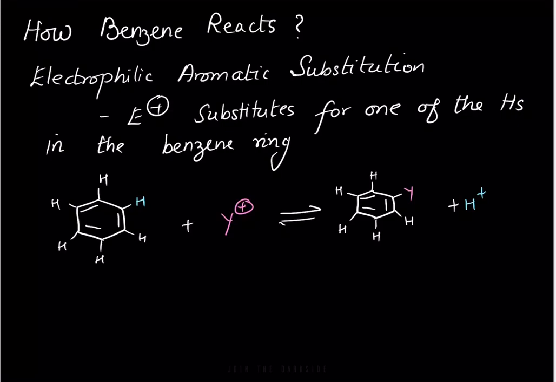Okay, now reactivity of benzene. How does the benzene react? Benzene can undergo electrophilic aromatic substitution. Electrophile is going to substitute for one of the hydrogens that is present in the ring. So this is your benzene ring, and you know that there are a total of 6 hydrogens in it. One of the hydrogens is going to get replaced for the electrophile. Okay, so as you can see, the hydrogen in this position was replaced for an electrophile.